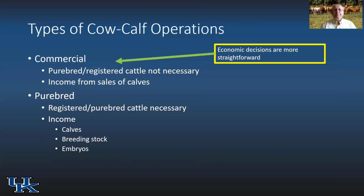that receive the embryos and then serve as the surrogate mothers for these improved genetic calves. And for forage management purposes, the commercial cow-calf operation is easier to understand, and the economics in particular is more straightforward, and also then the economic drivers for our forage decisions are more straightforward. And so that's going to be the type of operation that I'll be thinking about when I talk about cow-calf